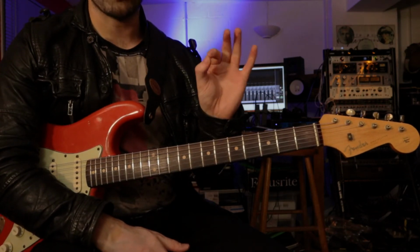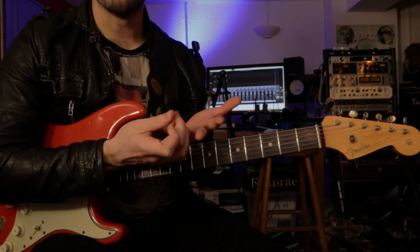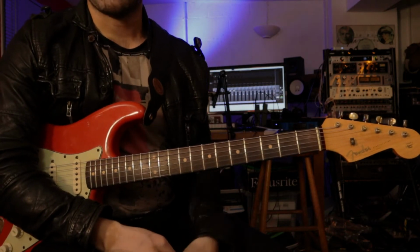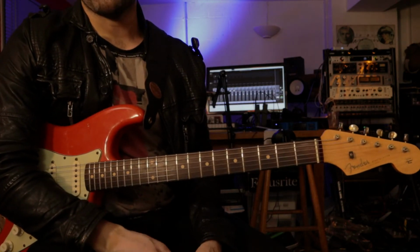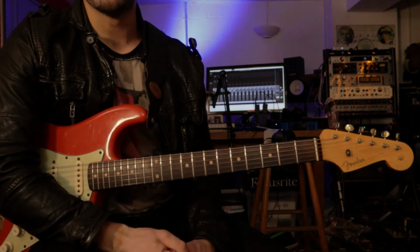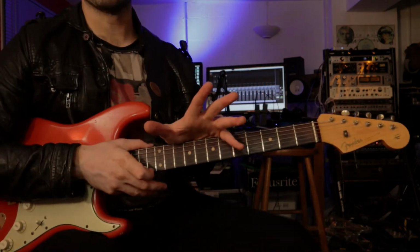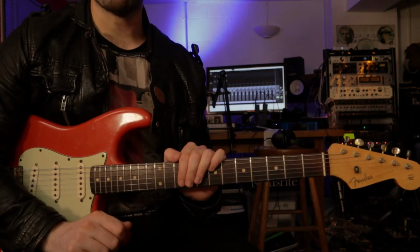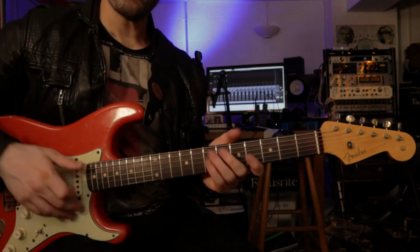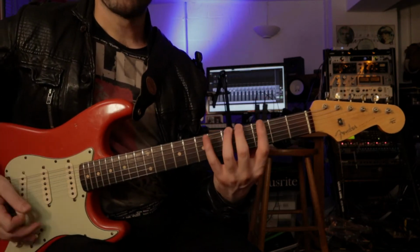Now this is just hard skin that develops through having the pressure of the strings rubbing against them over and over again. I've been playing for about 15 years now, so for about 15 years I've not really been able to feel the ends of my fingers, so this is going to be a bit of a challenging one. When you start off, if you've never played a guitar before, your hands are going to be very, very raw at the tips, and this is the most important bit. When you're pressing down, when you're fretting any note,